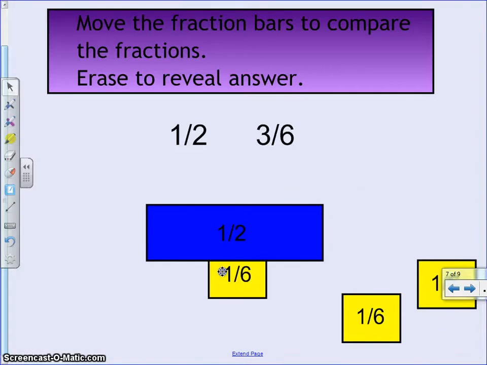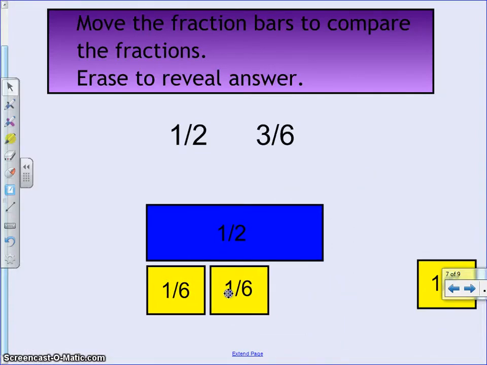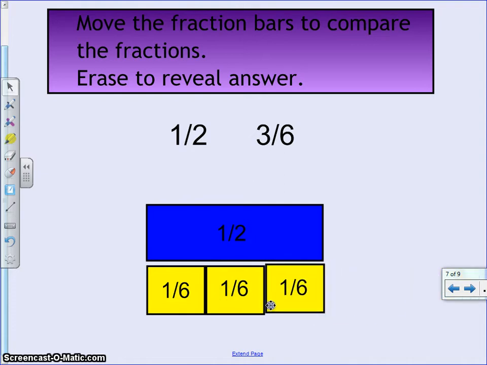And if I compare the fraction strips and line them up, I'm actually going to see that these 3/6 are going to be the same. Look at that, 3/6. This is what we call an equivalent fraction. And again, we're going to get more into that in another lesson, okay? But we can use the fraction strips to compare when our two sayings don't match up, if the denominators and numerators are both different. Or we can draw pictures,